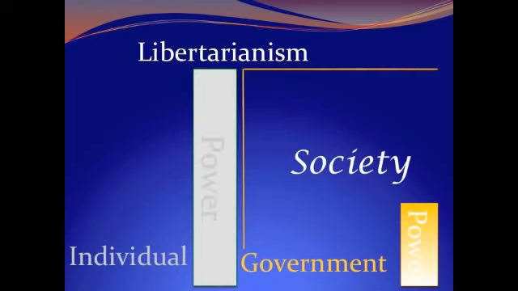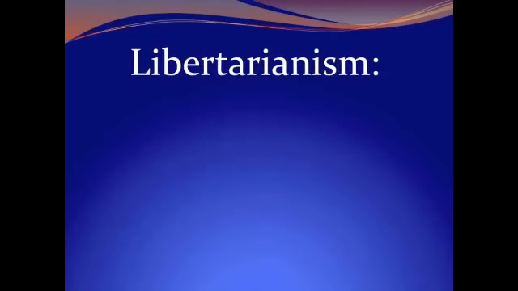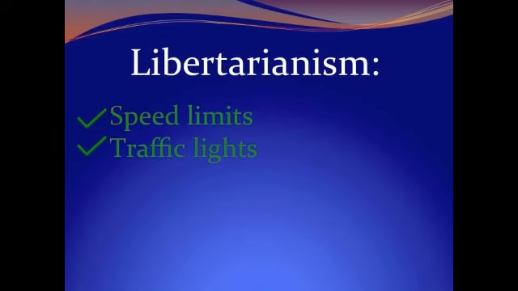Though they tolerate very basic government, libertarians draw the line when it comes to government laws and regulations that restrict a person's ability to do anything that doesn't harm another person. The only time the government would intervene in a person's life and decisions is if it involves harming another person. An example of this is traffic law. Libertarians would support speed limits and traffic lights because these keep people from harming other people, but they would stop short at requiring a person to wear a seatbelt because that doesn't harm anyone else, and they believe it should be each person's decision to live their life as they see fit.